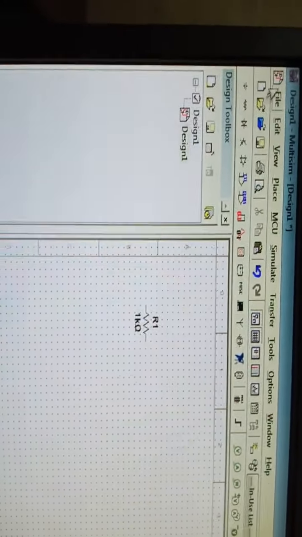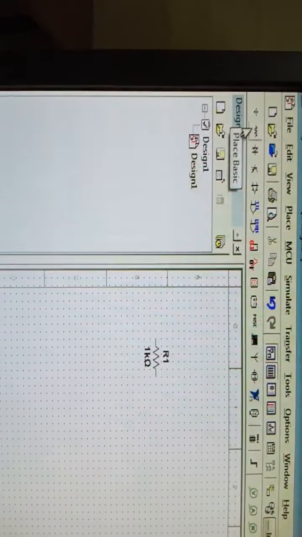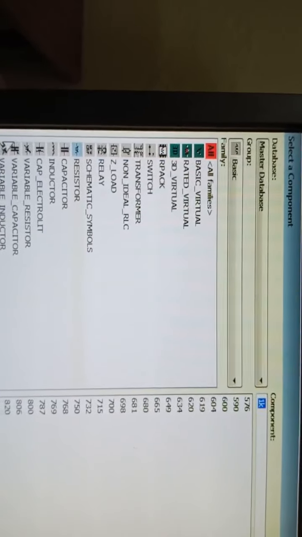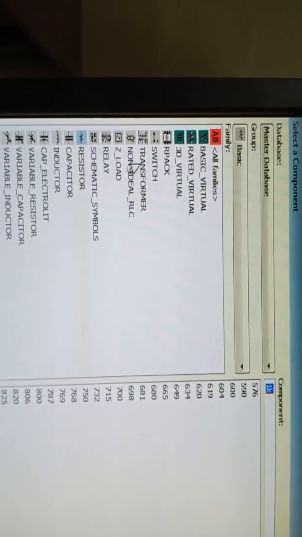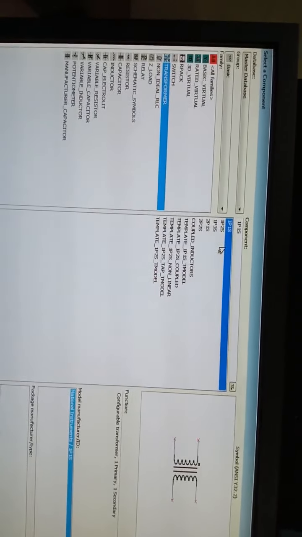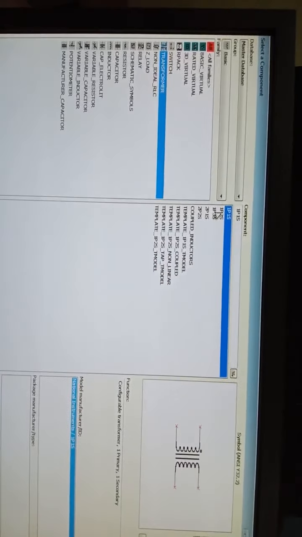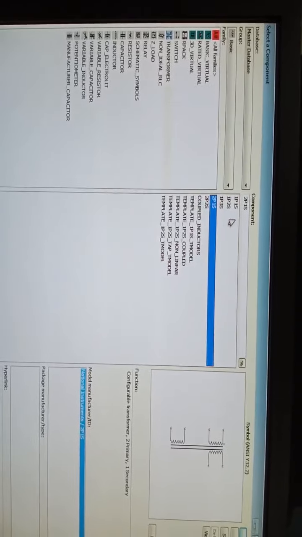next you can choose different types of transformers. Go here, basics. In basics you can select transformer. You can see the option of transformers. In the transformer option you have seen 1P 1S. What do you mean by P? P means primary, S means secondary. You can choose this, or you can choose this. This is 1 primary, 2 secondaries. This is not used for us because we are not using this. This is 1 primary, 1 secondary.